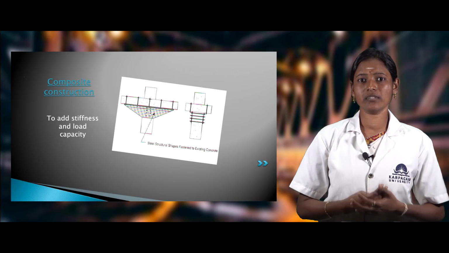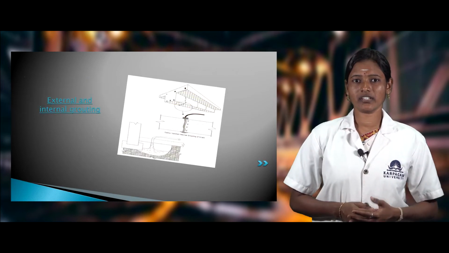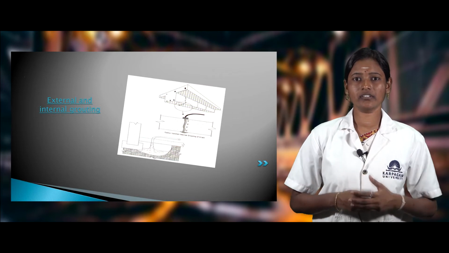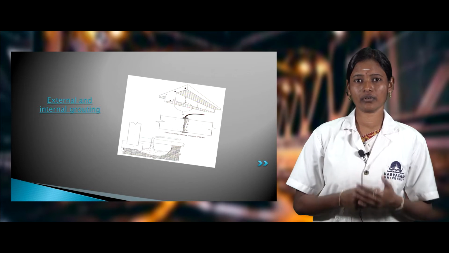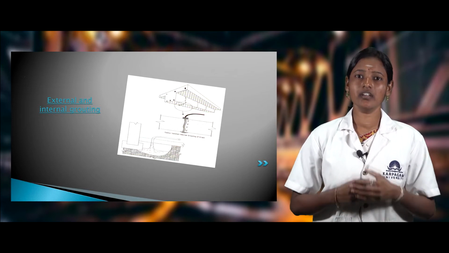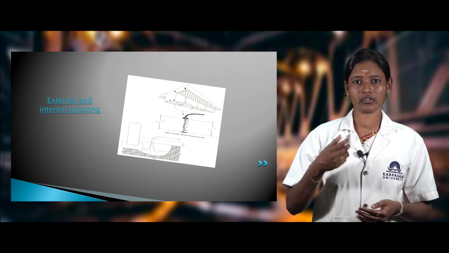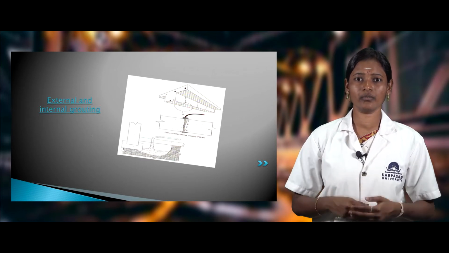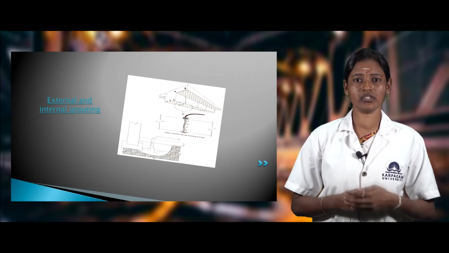So these steel stirrups carry the additional load that is acting in the member. Next strengthening technique is external and internal grouting. This grouting is carried out in order to fill the voids or cracks that exist in the structure. This can be attained by using epoxy resins that are injected inside the cracks to fill those cracks, which may be active or passive, and which are arrested by using this resin.